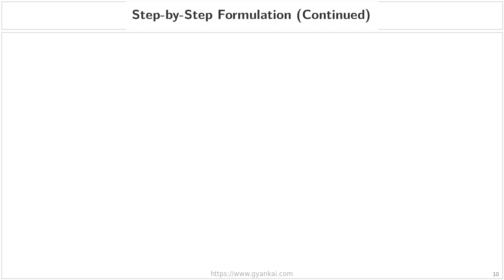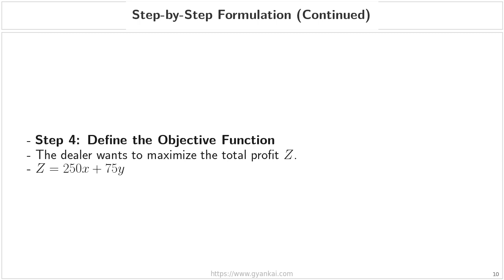Step-by-step formulation, continued. Now that we have identified our constraints in the previous step, we move to the final piece of the puzzle, step 4, which is defining the objective function. Remember, the objective function is simply the mathematical way of stating our main goal. In our furniture dealer scenario, the dealer's primary aim is to maximize the total profit, which we will represent with